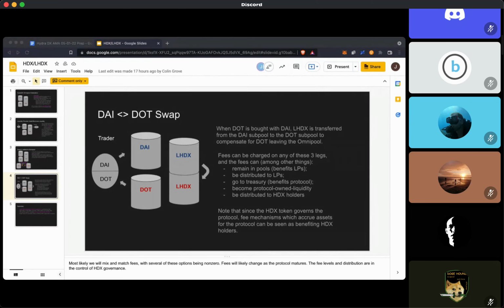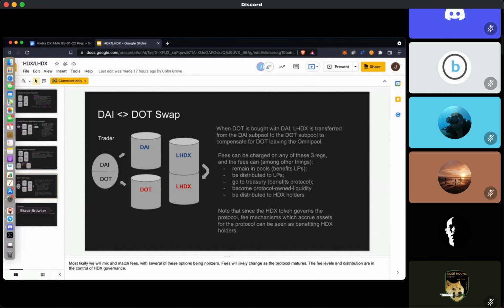HDX holders, as the governance body of the whole infrastructure and protocol, have many ways to earn on these cash flows. So anyone who was saying that you are redistributing a valueless, useless governance token isn't right,